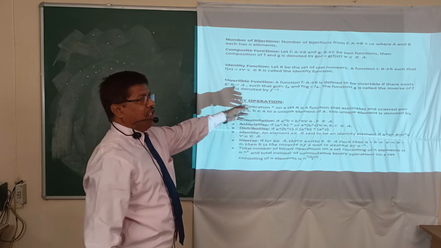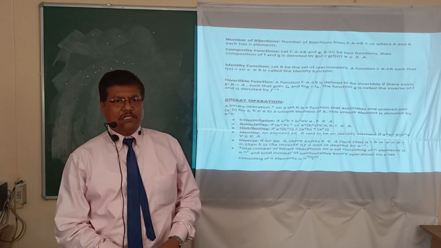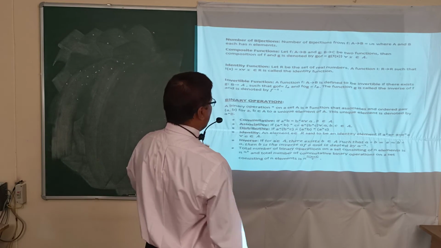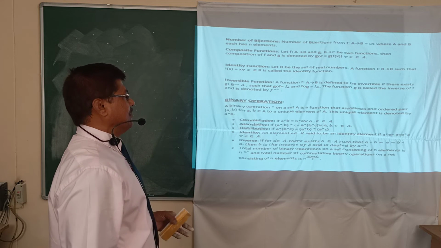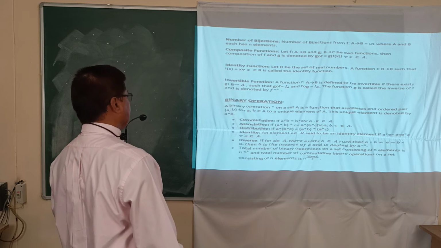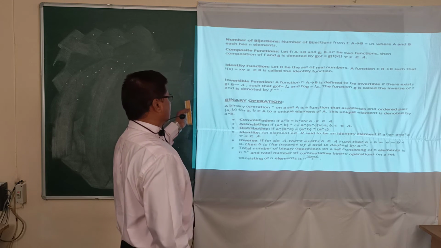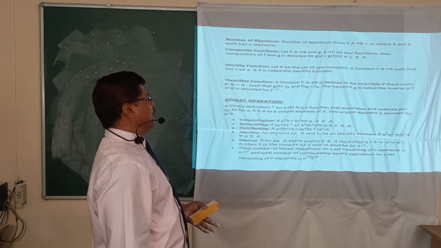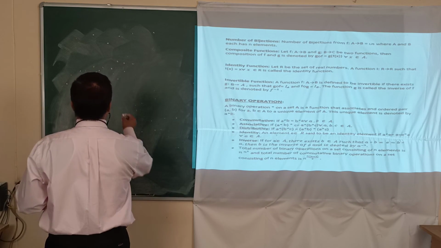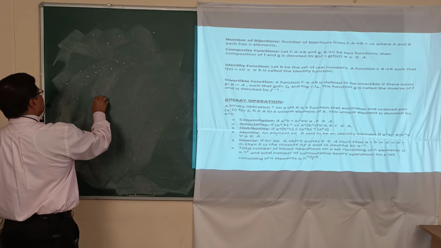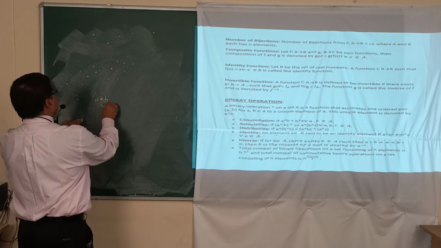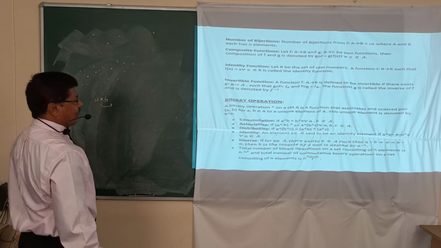So these are the composite functions. Now the binary operation, you know about this. This is already learned in computer. So many operations are there. So a binary operation is also a function that associates an ordered pair, which I explained already, from A to B, with a unique element of A. This unique element is known as the binary operation. So A star B, it means something unique, just like a function.